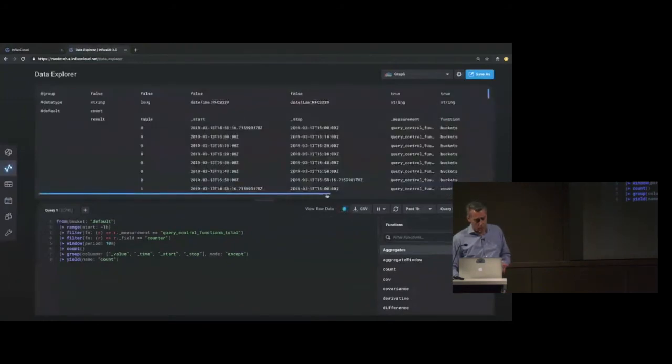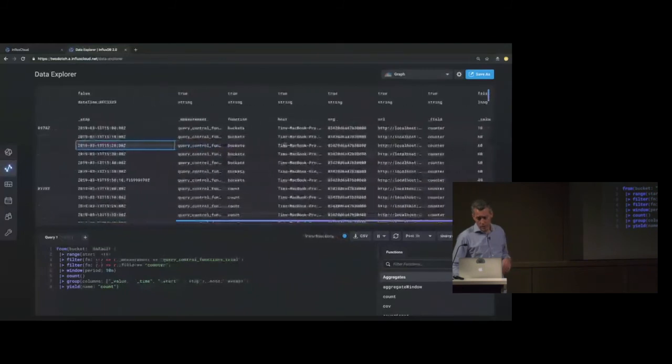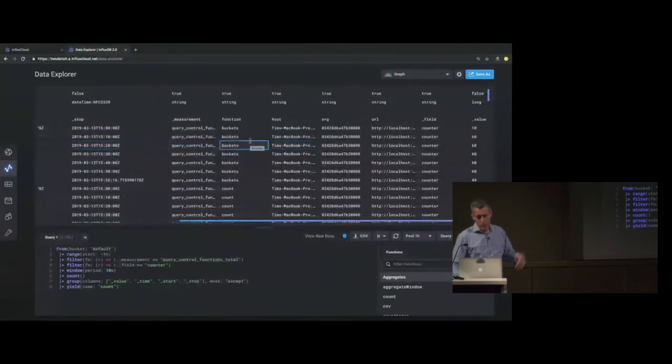It's part of expanding the debuggability of what you put together. The other thing that's super powerful in the data exploration view is the ability to visualize the data in a raw format. If you're not familiar with how Flux is outputting the data, this is also super powerful. You can see this annotated CSV style output that tells you what the columns are, what their types are, and what their usage is. Anything with the underscore is obviously internal, but it actually is a pointer to the values defined underneath by that particular column.